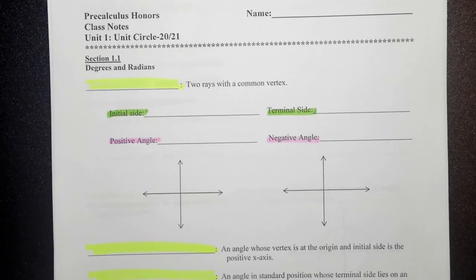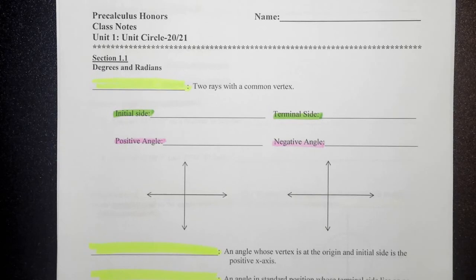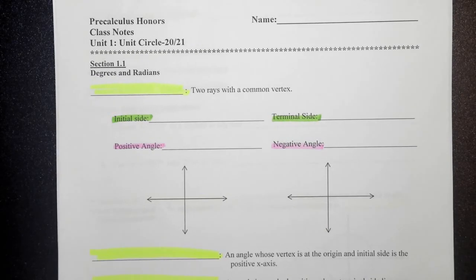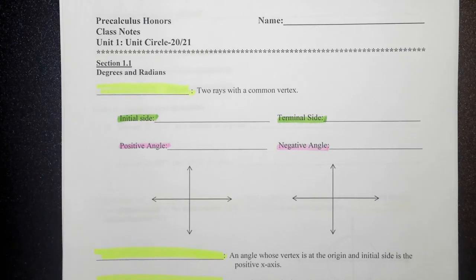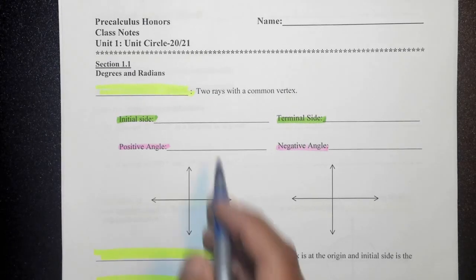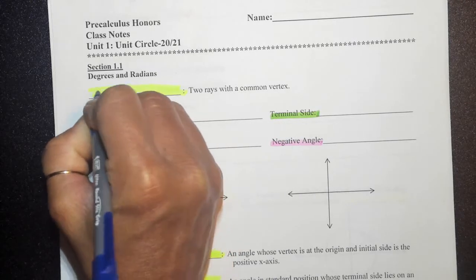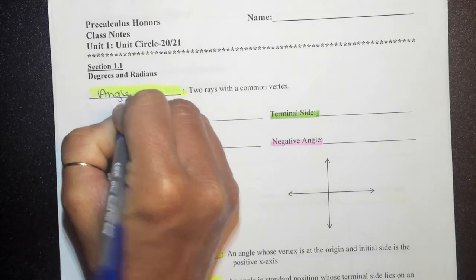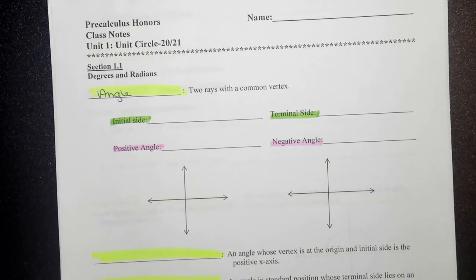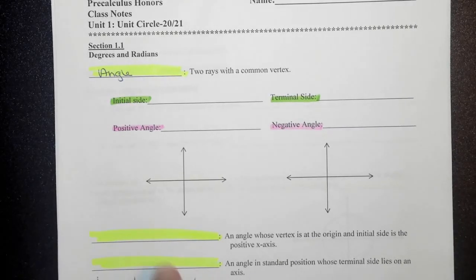Okay, so we are going to start with a review of degrees and radians. We need to go over some vocabulary, and I've pre-highlighted to let you know what is important here. By definition, an angle consists of two rays with a common vertex, and the setup for this, which I'll show you on these two